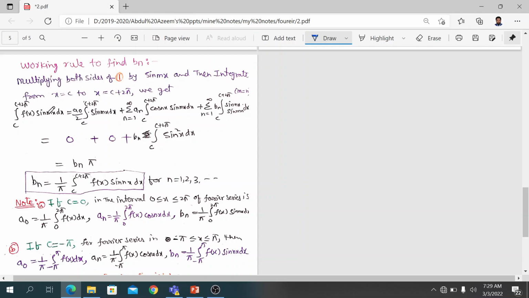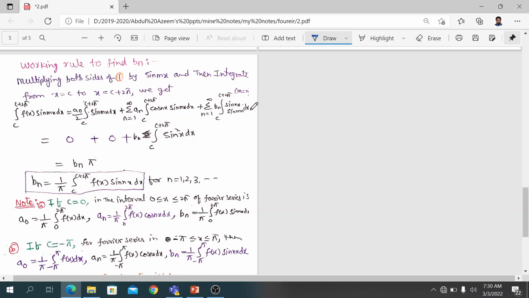We will get integration c to c plus 2 pi f of x sin mx dx is equal to a naught by 2 integration c to c plus 2 pi sin mx dx plus sigma n is equal to 1 to infinity an integration c to c plus 2 pi cos nx sin mx dx plus sigma n is equal to 1 to infinity bn integration c to c plus 2 pi sin nx